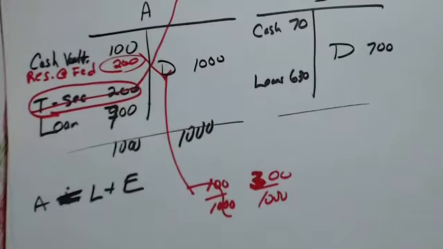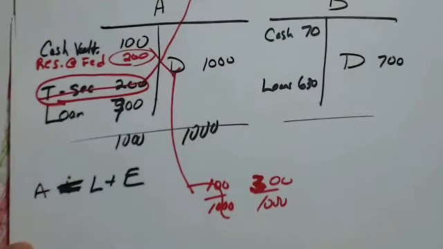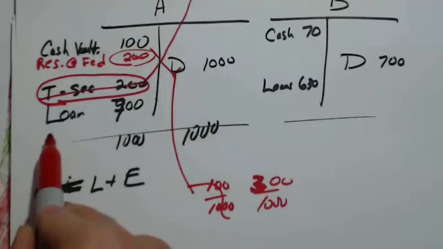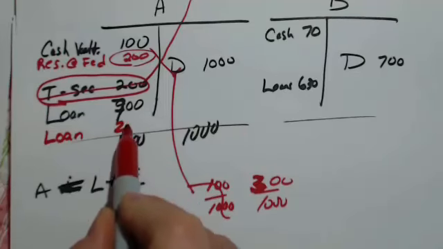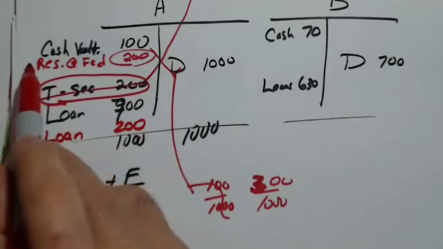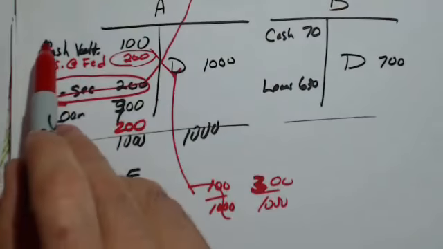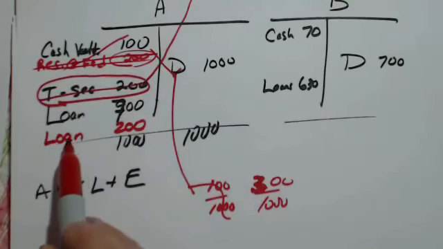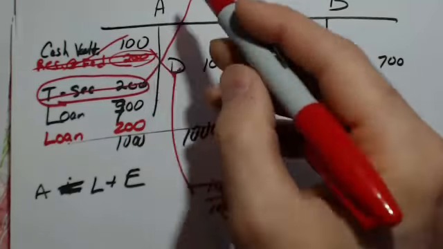So let's say now it lends that $200 out. The market's pretty good. The Fed is signaling interest rates are lower, so maybe there's going to be loan demand now. And so now this bank is going to make a loan of $200. So what's going to happen is these reserves are going to go off the books. The bank makes the loan of 200, right? And so now its balance sheet balances.